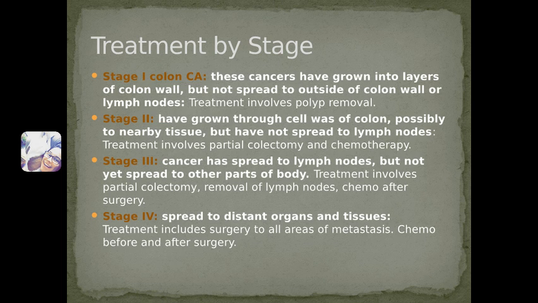Stage 2, these cancers have grown through the cell wall of the colon and possibly to nearby tissue but have not spread to the lymph nodes. Treatment involves partial colectomy and chemotherapy. Chemotherapy after surgery is recommended if the cells look very abnormal, and they call that high grade. It is also recommended if there are cancer cells outside of the margin of the surgical specimen, which we've talked about in stage 1, if the cancer was causing obstruction, or if it caused perforation